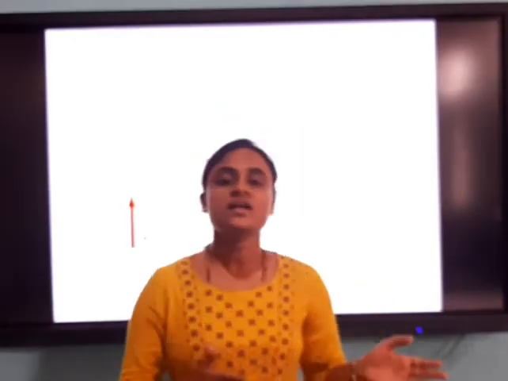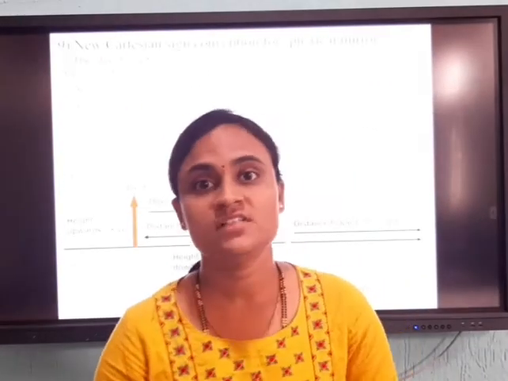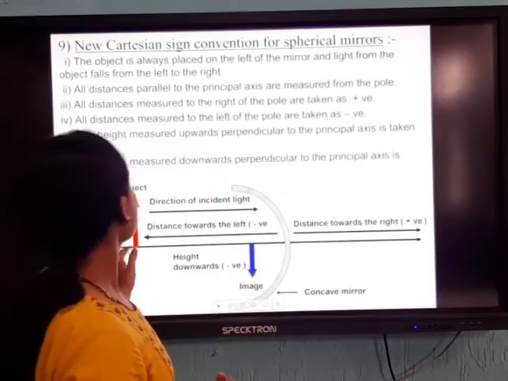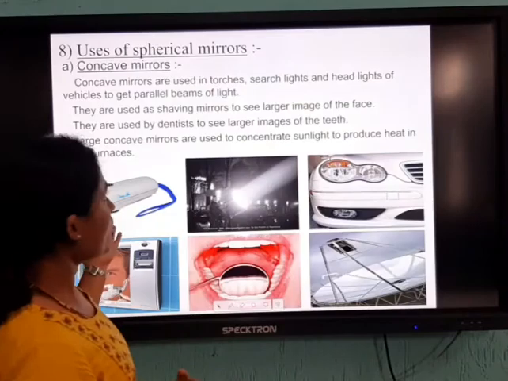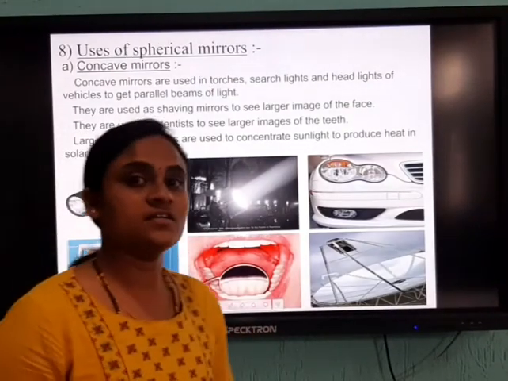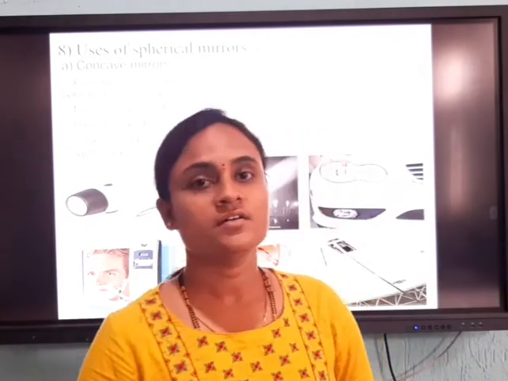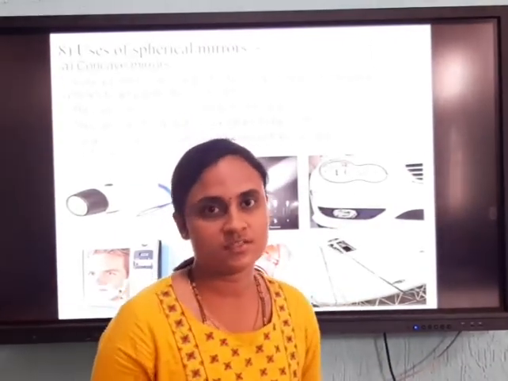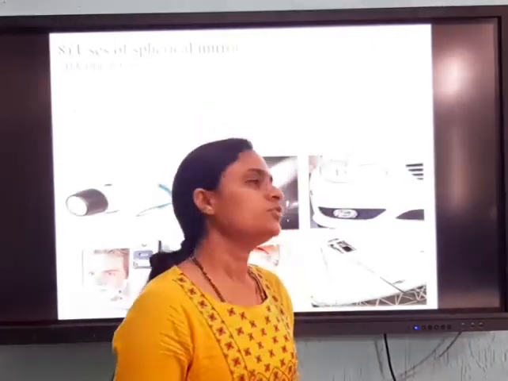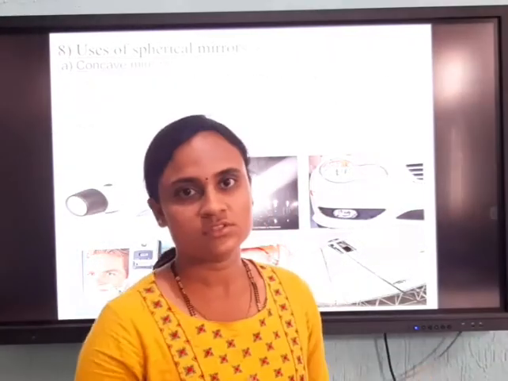And we have learned where these types of mirrors are used. The concave mirrors are used in so many fields, right? For example, I said a dentist uses them, and you can also see them in torches and headlights of vehicles. There we use concave mirrors. And where we use the convex mirror is in the rear view mirror of our vehicles, right? This we had discussed in the last class. I hope you don't have any doubt till this session.